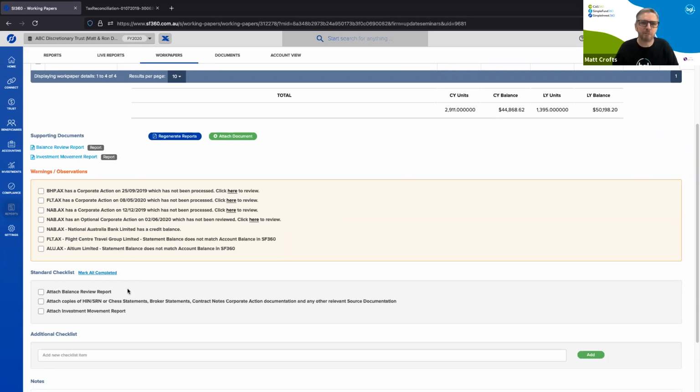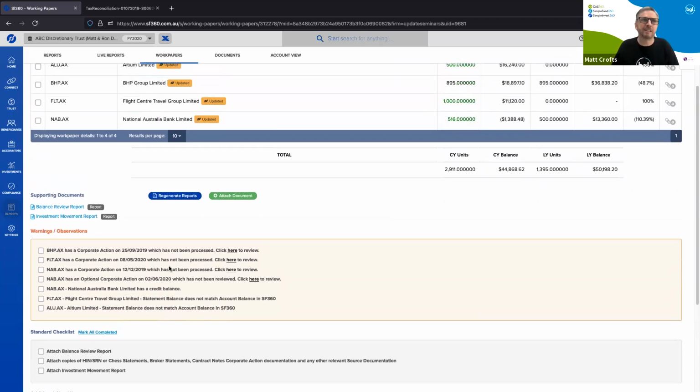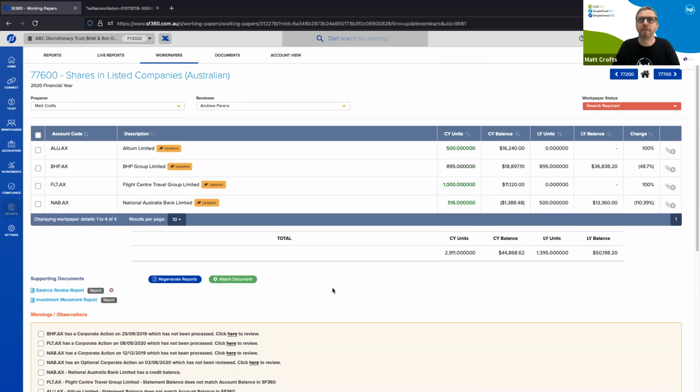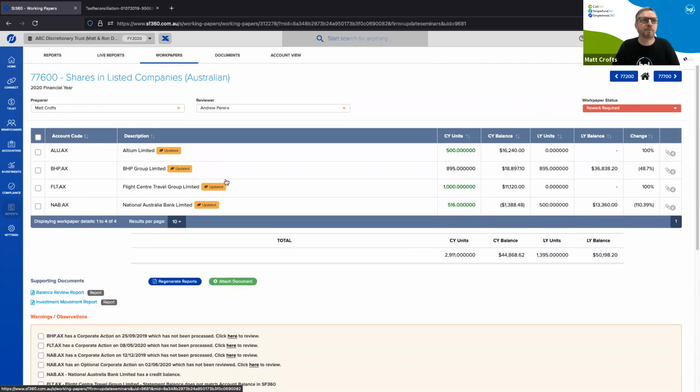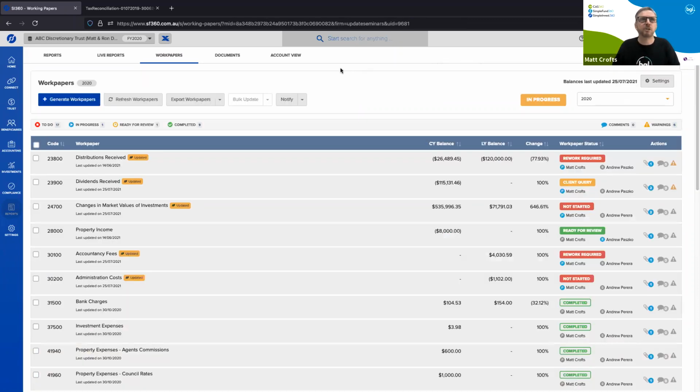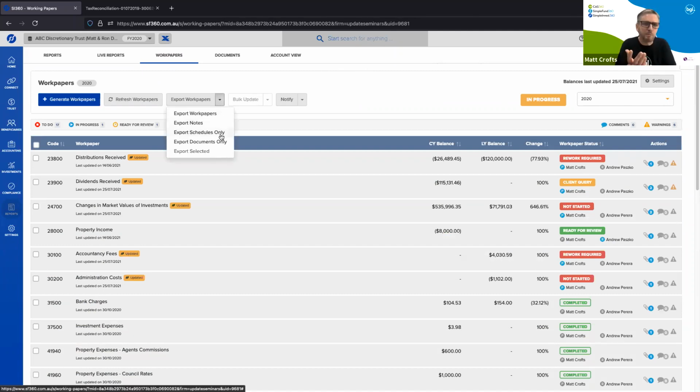We're identifying it. We're making use of those integrations directly in the work papers. I don't think anyone's doing that to the level we are. So that's your work papers. There's a whole heap of other stuff. As I said, you can attach documents, you can put checklists in here, you can do reviews, you can export these out, the whole document pack, the whole reports.